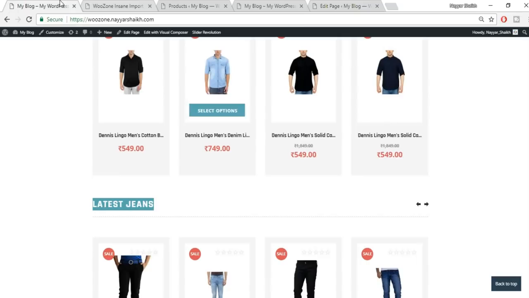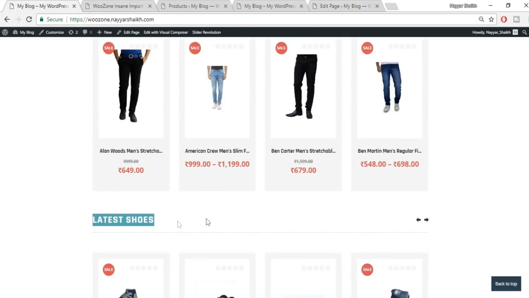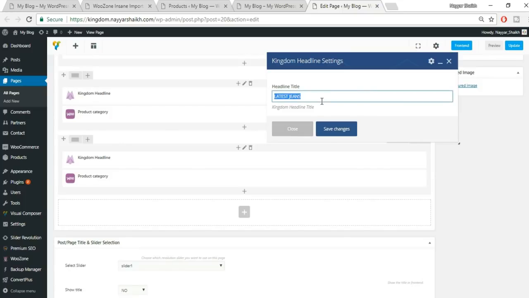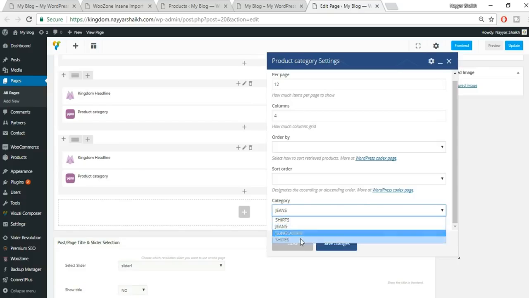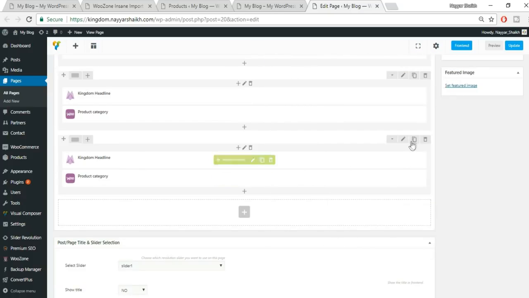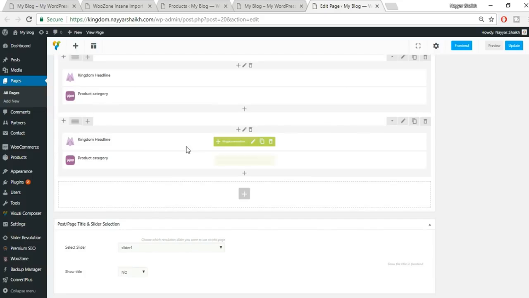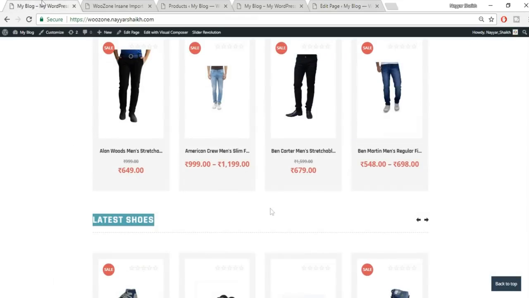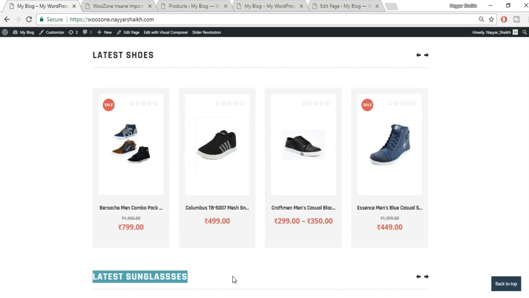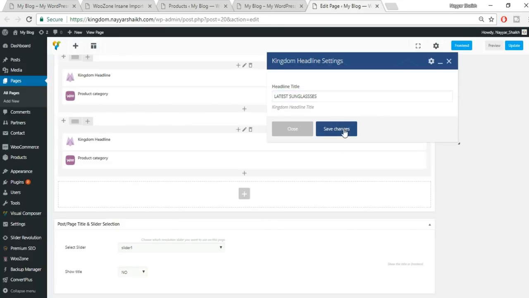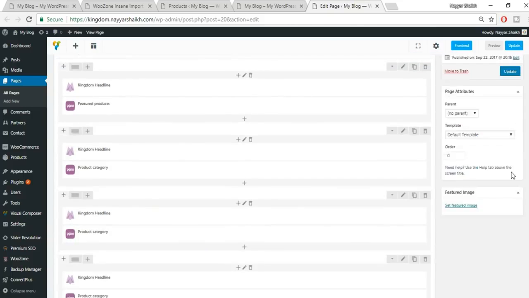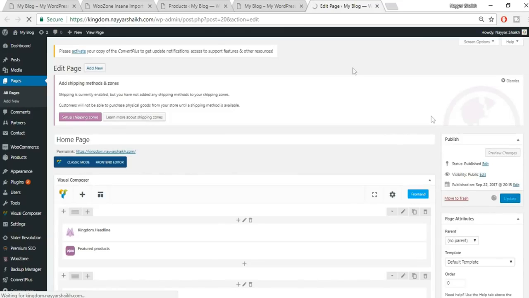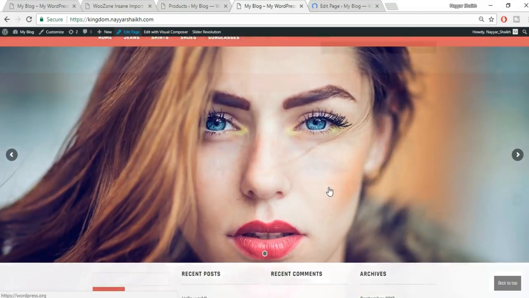Again, edit the title, and now let's make it latest shoes. Fine. Now let's also change the category to shoes instead of jeans. Again, clone or copy this thing. Again, change the title to latest sunglasses. Save changes. Again, change the category to sunglasses. Click on save changes, click on update, and come back to your website, where this is the one,